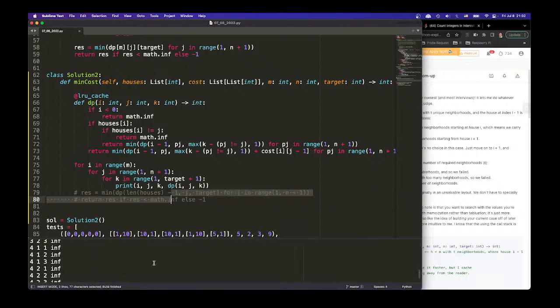Inf. Okay. That's not good. So maybe we should address when i equals 0. Okay, we need to address that. When i equals 0, if house is 0, then return 0, else then we're going to return